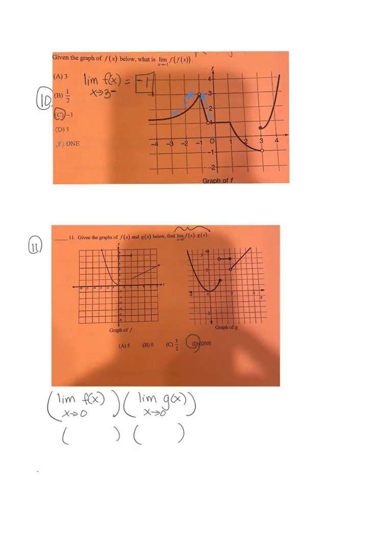All right, I'm going to talk about this part first. If I go over to x as x approaches 0, there's no little plus or minus here, so I have to come from the left and the right. And do you see it goes to a y value of 0, right? Okay, so I know I'm right on that. Here's the part that I'm like, hey, what? As x approaches 0, here I'm going to a y value of 0. But as x approaches 0 from the right-hand side, I'm going to a y value of, hold on, 1, 2,